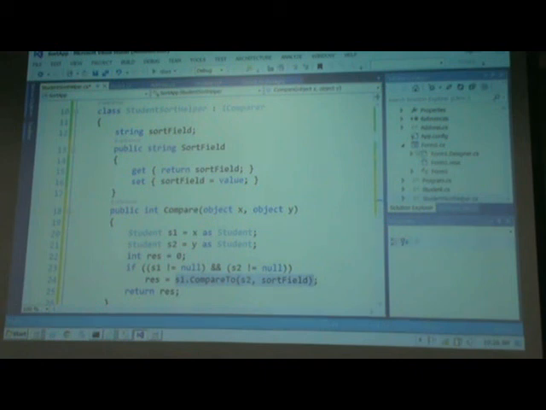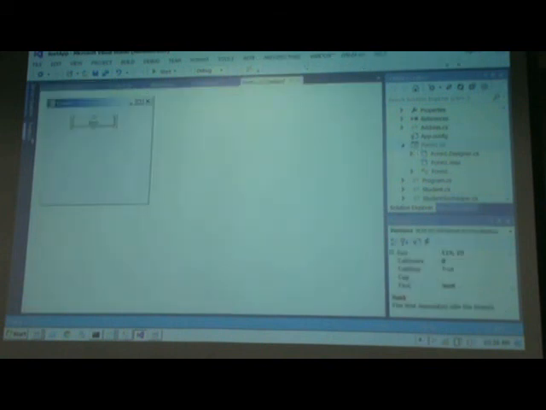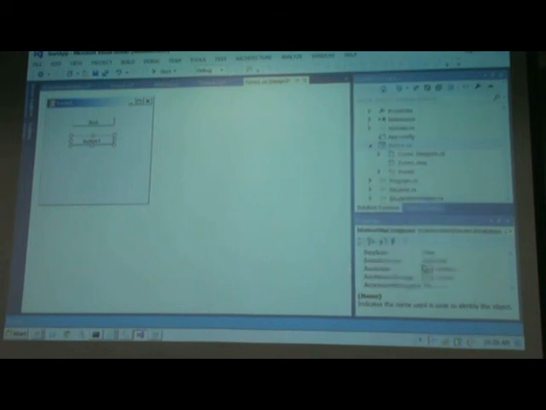So now let's test it. If I double click on the form, go to the toolbox, and double click on a button, let me call this btnSortByComparer, and give it a text property of sort by comparer. Okay, now if I double click on it,